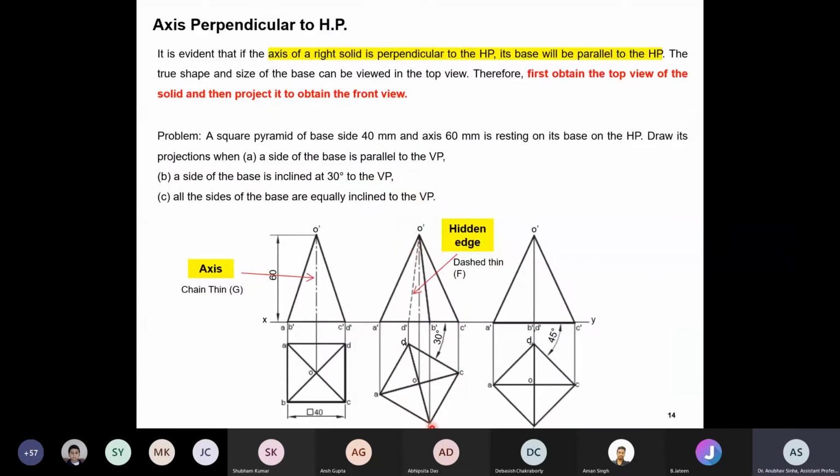Now if I project this point B, so this will be here, so this is one side, this is another side. Now what about this point? This will be lying behind, right? If you imagine when you're looking from the front, you're looking up to here. These things are visible to you, up to this diagonal is visible to you. You cannot look what is behind that, right? So that will be hidden. That will be shown by this dashed line. So this edge is basically hidden. OD edge is hidden. That is being shown here. And the center one is the axis.